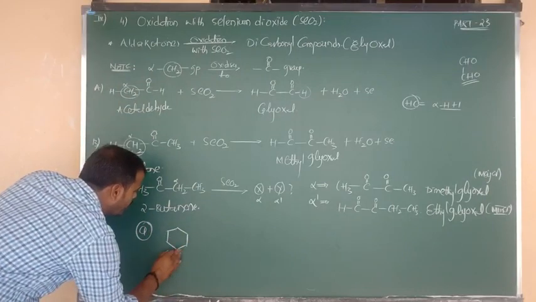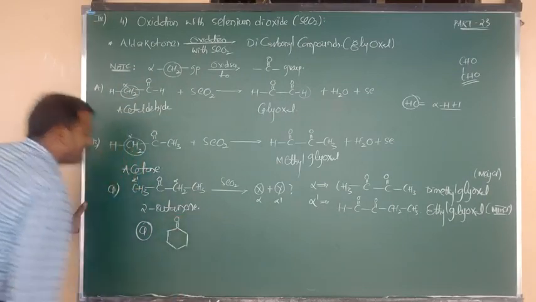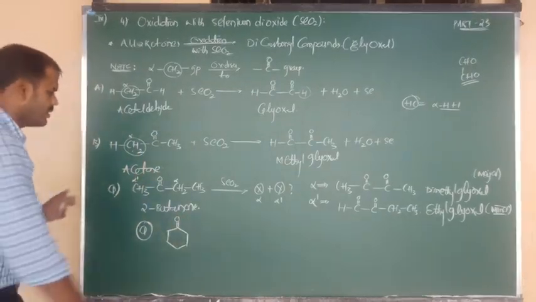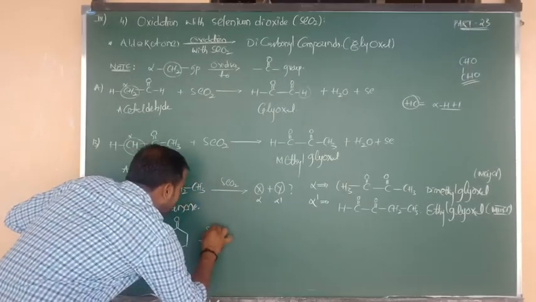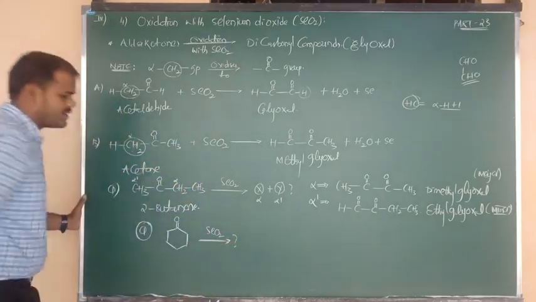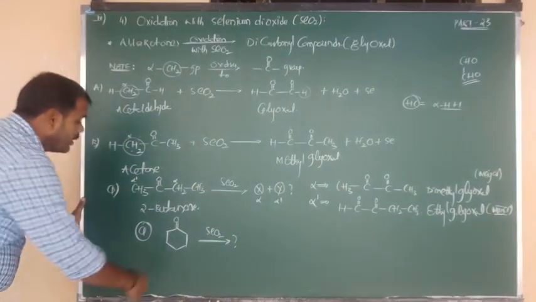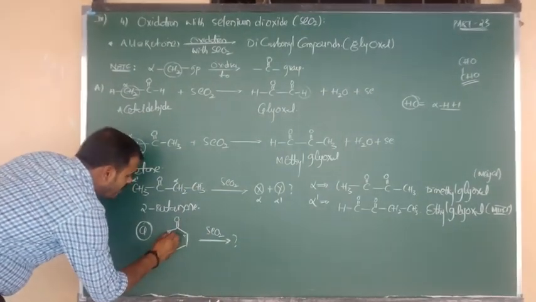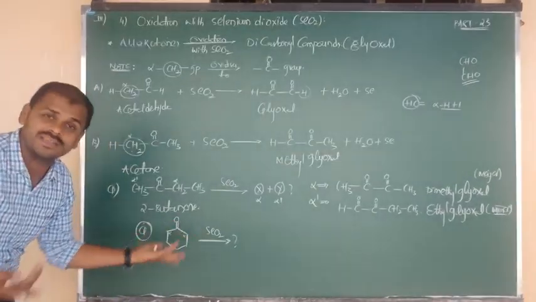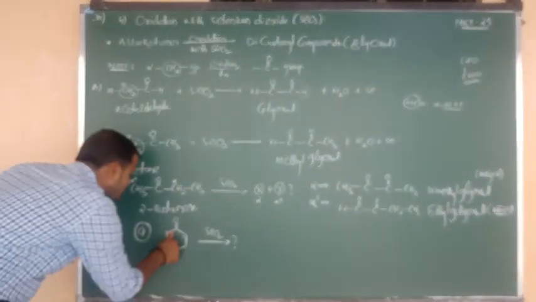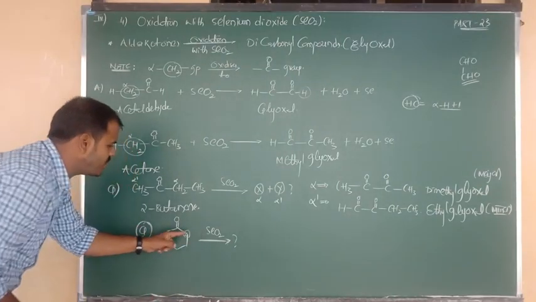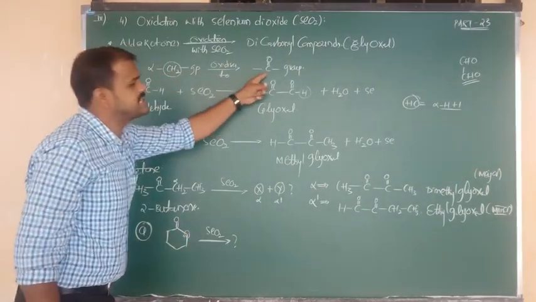here one question I am going to write. The compound I am going to provide is cyclohexanone. Cyclohexanone upon oxidation with selenium dioxide. So what is your product? This is the question I am going to ask you. Okay, come on, say the answer. Adjacent to C double bond O is alpha, on both sides. Alpha is CH2, alpha is CH2. Means both alphas are the same, so you can get only one product. So this alpha position, CH2, changes into C double bond O.